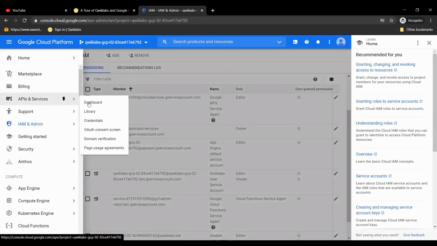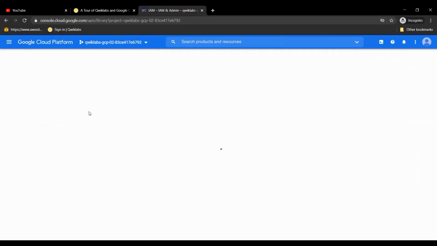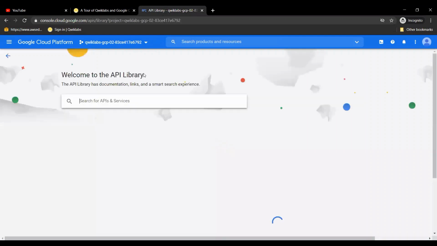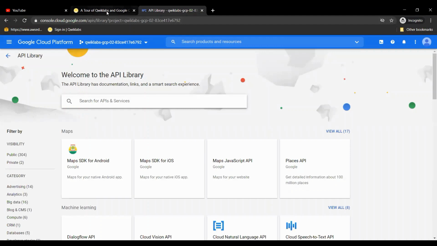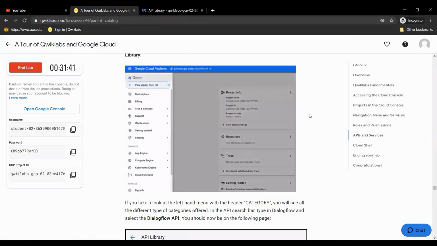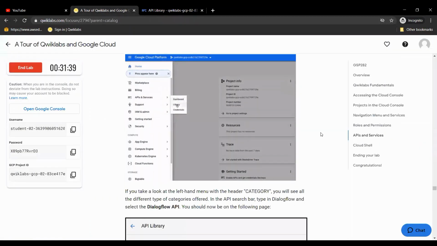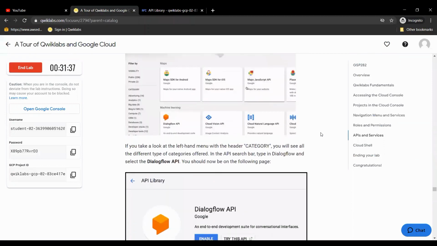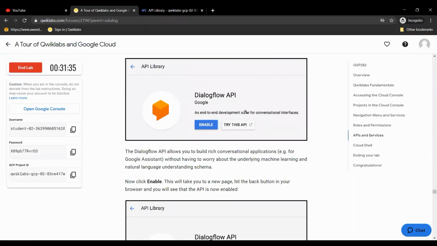When we click on this and go to the library, we can find a few APIs. It is not mandatory to enable these APIs because they work in the backend, and there is no need to enable the APIs all the time. Here they just enabled the Dialogflow API, and we'll just work on it.